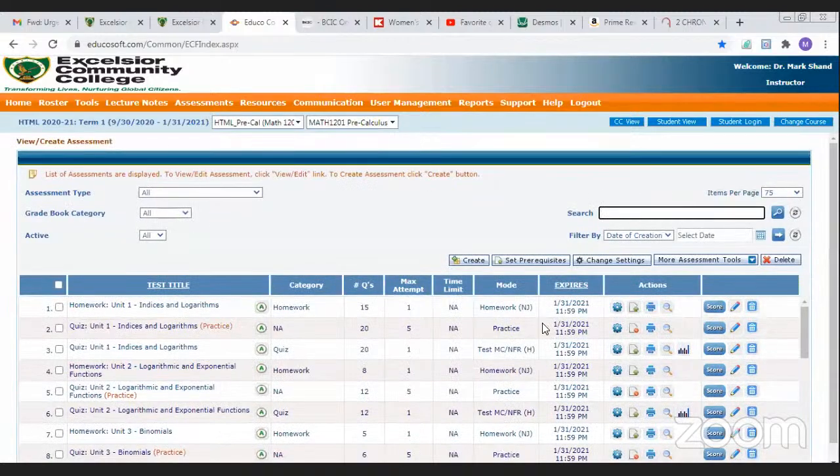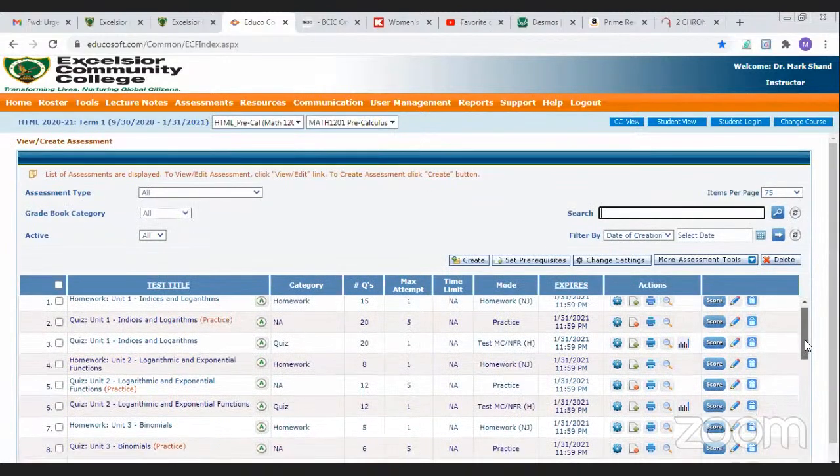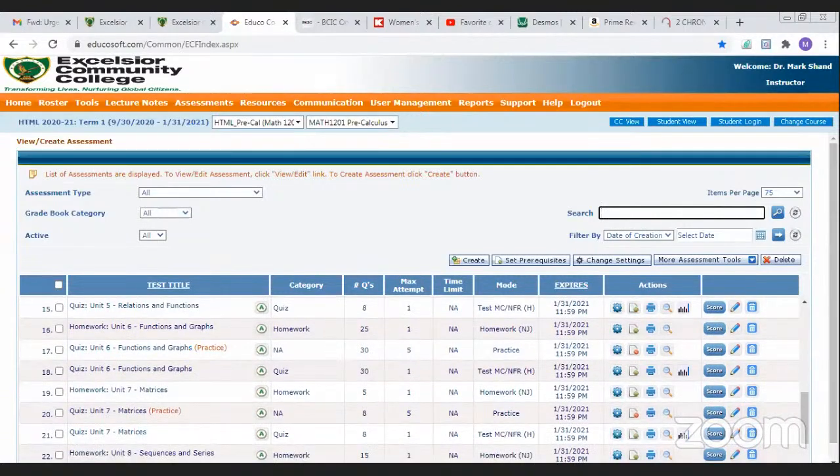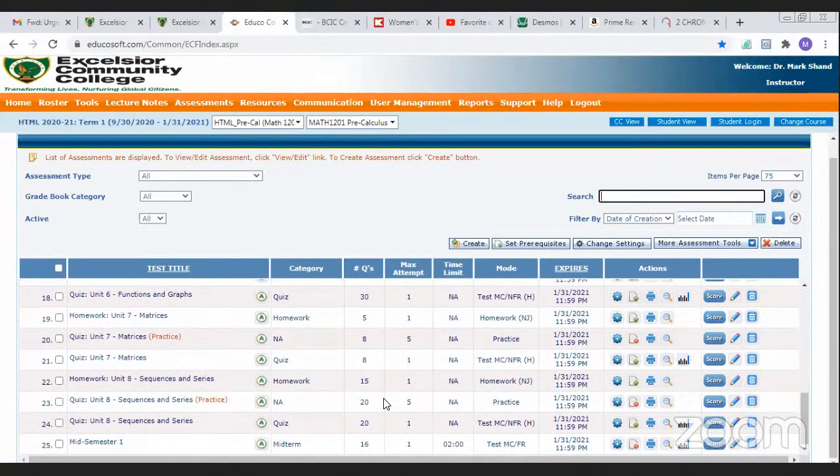I'm getting into the assessment page, and this one is populated at the bottom of the page, but for exam purposes and ease of access, we will populate the assessment at the top of the page. Now I'm going to click this pre-calculus assessment.